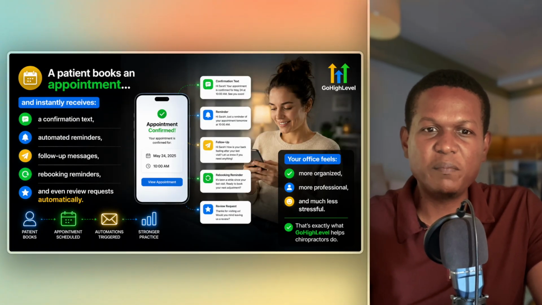One of the biggest hidden problems in chiropractic offices isn't getting patients, it's managing appointments efficiently. Because when scheduling becomes messy, everything starts breaking down. Patients forget appointments, front desk gets overwhelmed, voicemails pile up, follow-ups get missed, and empty time slots start costing your